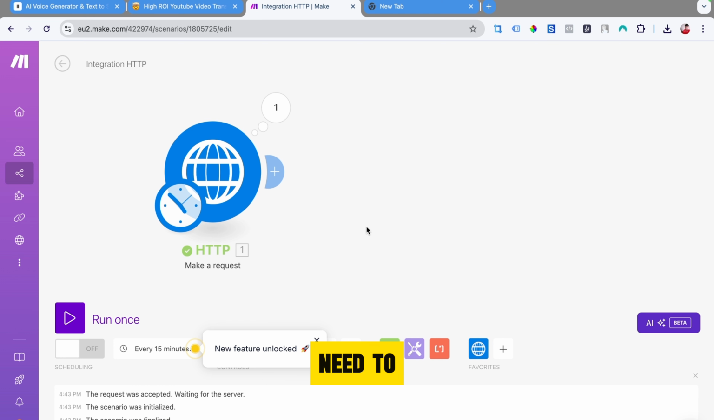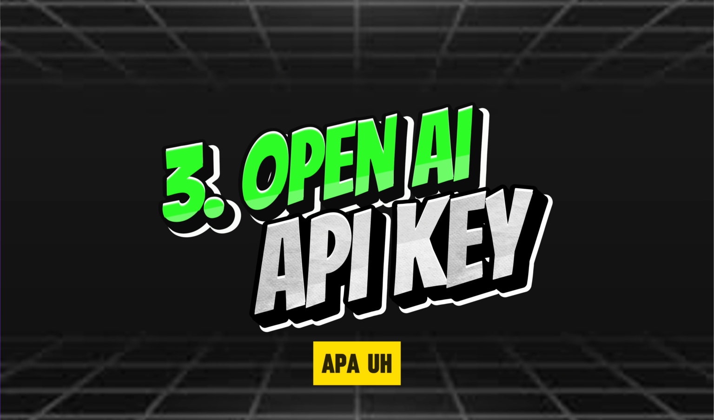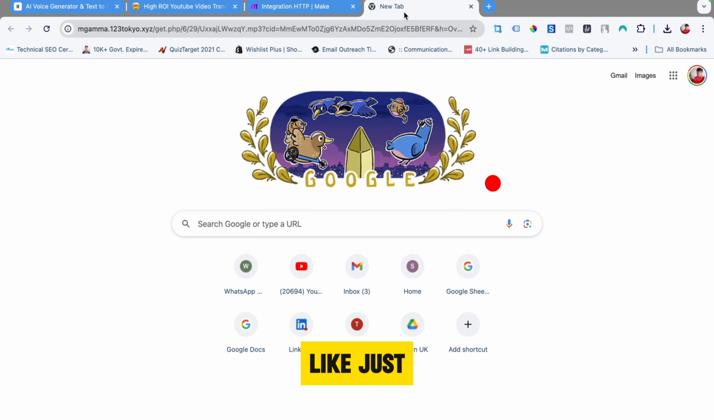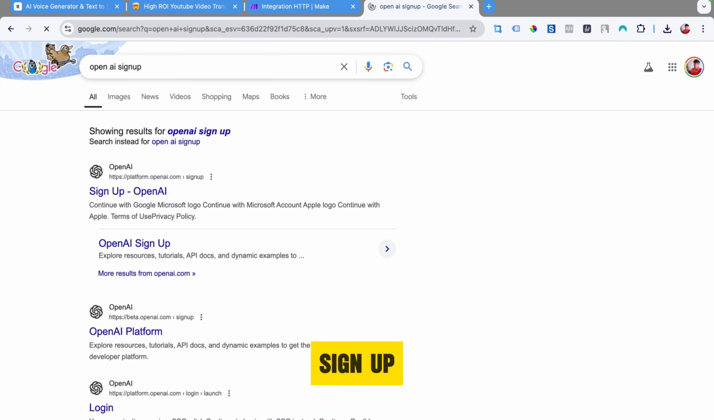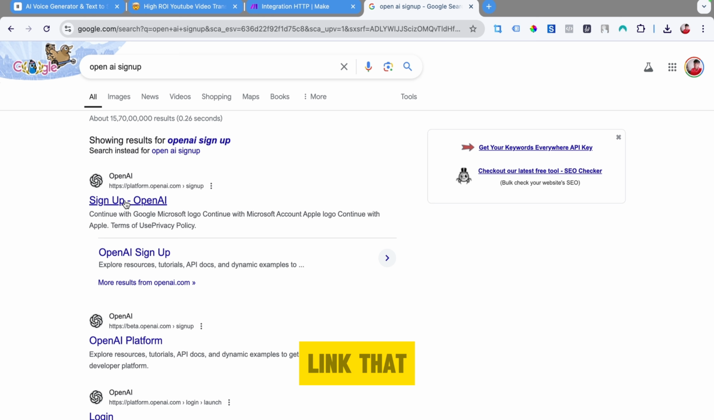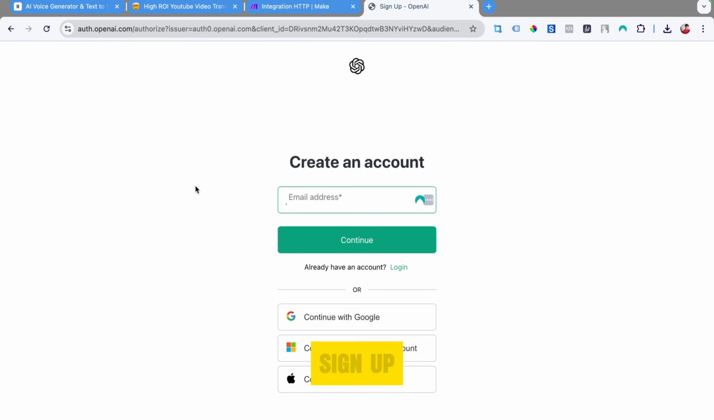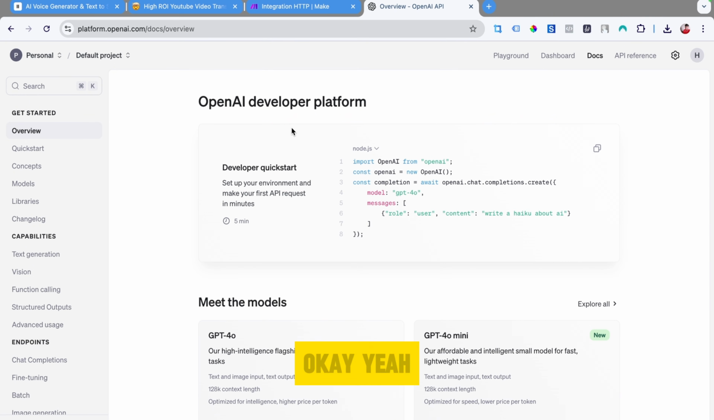The next thing is we need an OpenAI API key, right? So for that, just go to AI sign up, and then go to the first link that you will get on the search bar, right? And then sign up for OpenAI. I already have an account, so okay, yeah. Once you sign up to OpenAI, the very first thing you need to do is